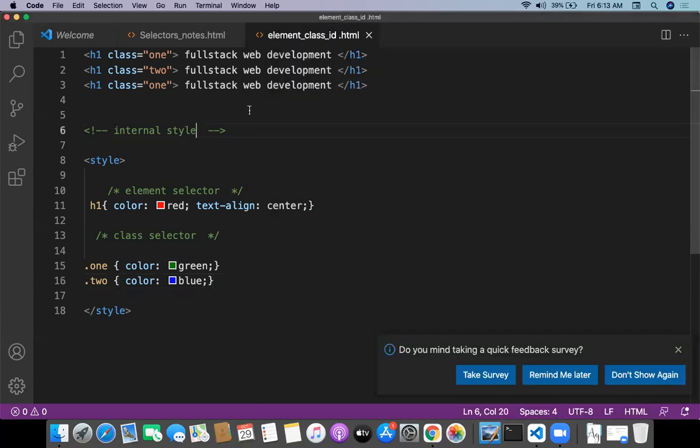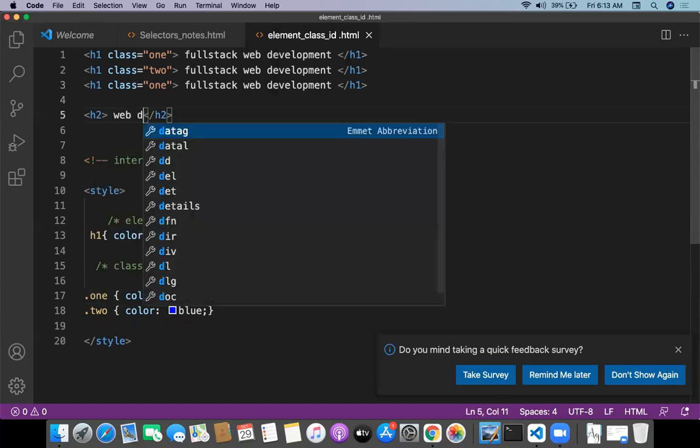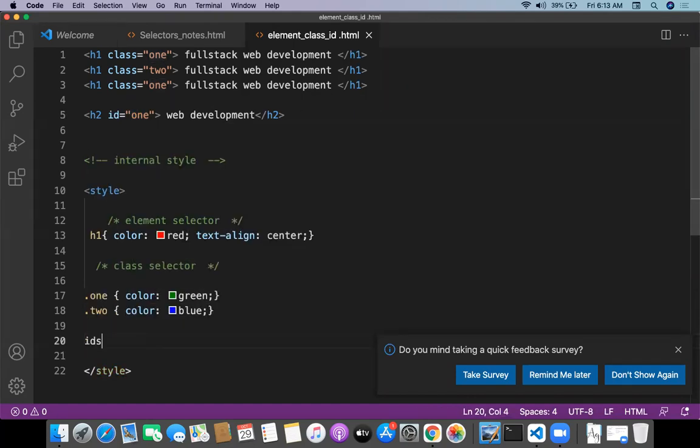Okay, next, what my requirement is, I will take h2 now. h2 web development I'm taking, and this h2 is having an id, id called 1, and this id needs to get selected. So id selector I'm writing now. The id selector is very simple and straightforward. With the hash precedence I need to give the id name, hash #1,